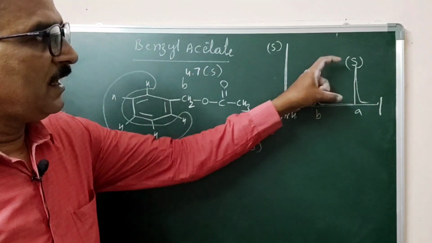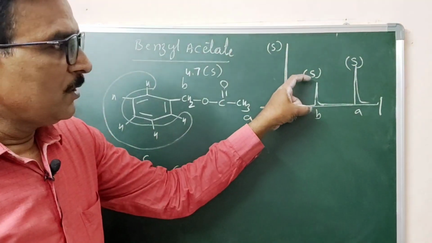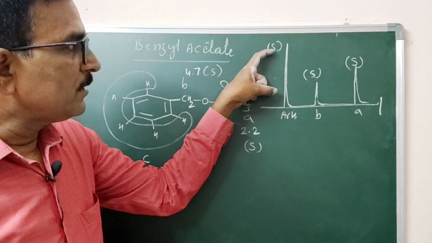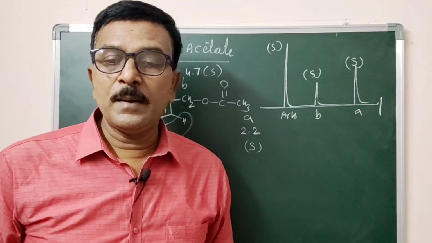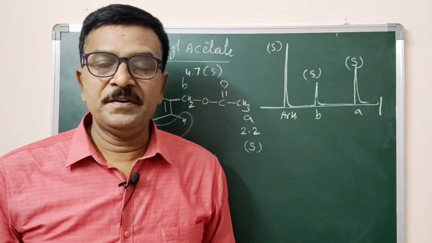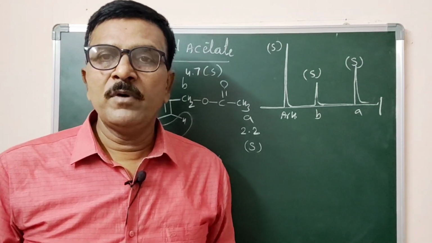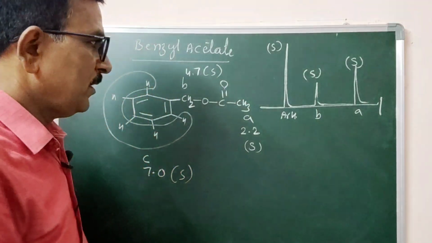Now here, 3 hydrogen intensity, 2 hydrogen intensity, and this signal has 5 hydrogen intensity. So 3 signals appear for benzyl acetate. This is the proton NMR spectrum of benzyl acetate. Now coming to